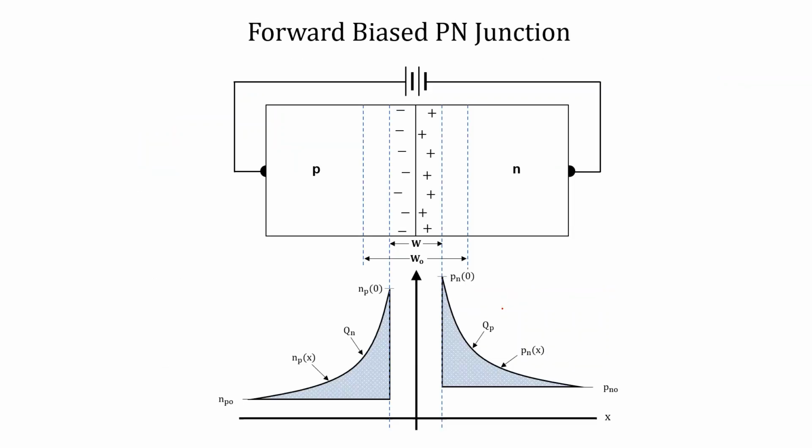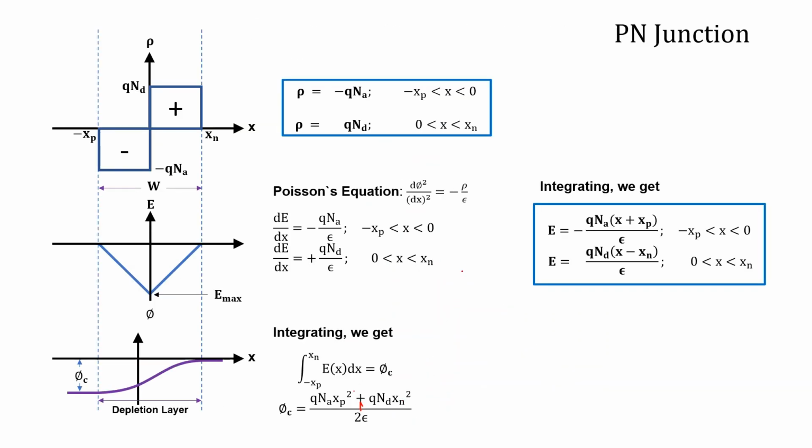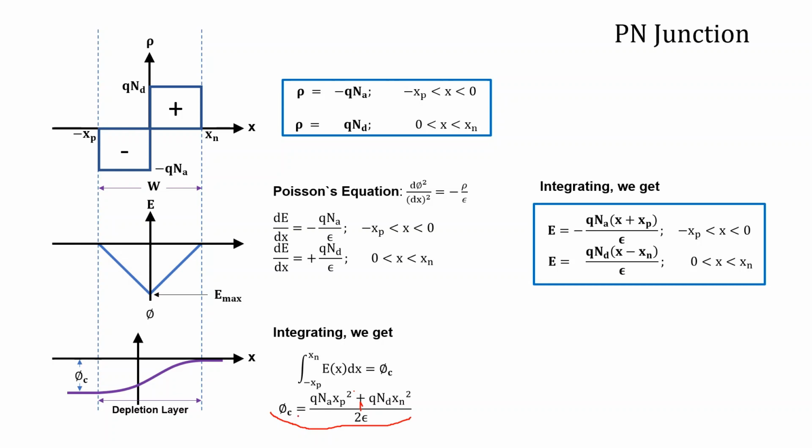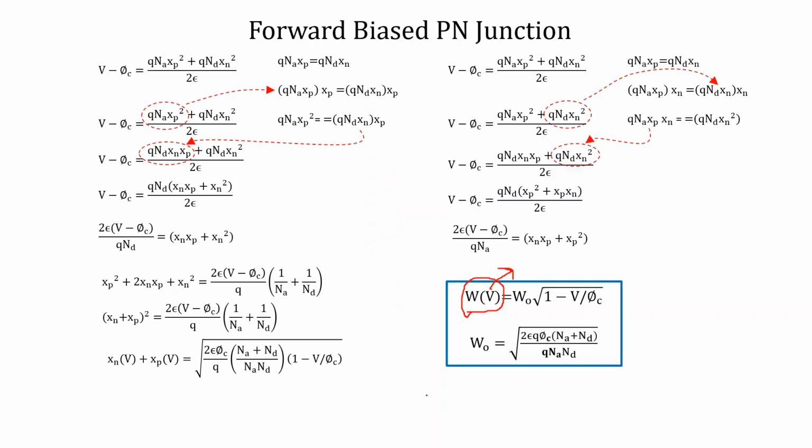So for this, let us look at this expression. Phi C is given as q Na xp square plus q Nd xn square by 2 epsilon. This is when no biasing is done, that is, when biasing is 0 volts. But when biasing is done, let us say by V volts, the potential becomes V minus phi C. Now to find the expression for the width of the depletion region,